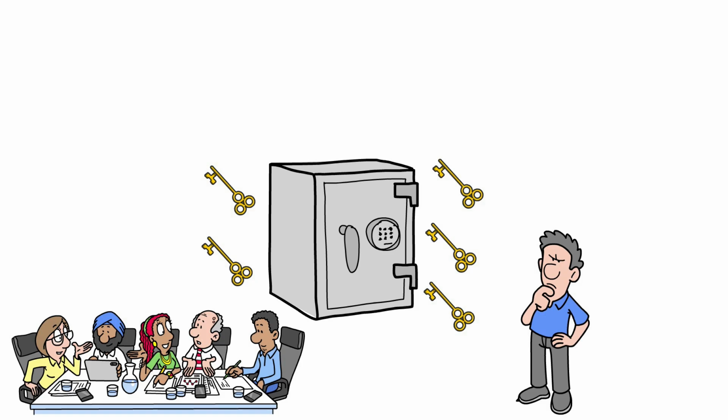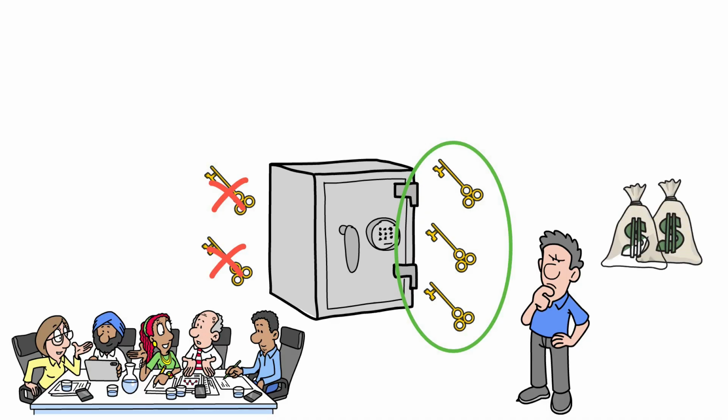For example, a 3 out of 5 multisig means any 3 out of 5 key holders must sign off before funds move. It dramatically reduces the risk of a single compromised key draining your assets. If you handle significant amounts or community funds, multisig should be in your security toolbox.